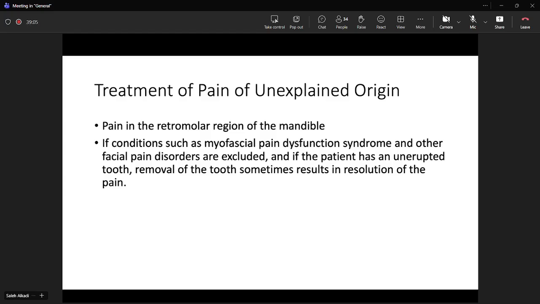Also, some patients present with myofascial pain dysfunction syndrome, which is a common orofacial pain syndrome, or other facial pain disorders. If you try your best to resolve the problem, provide the patient with every management option, and